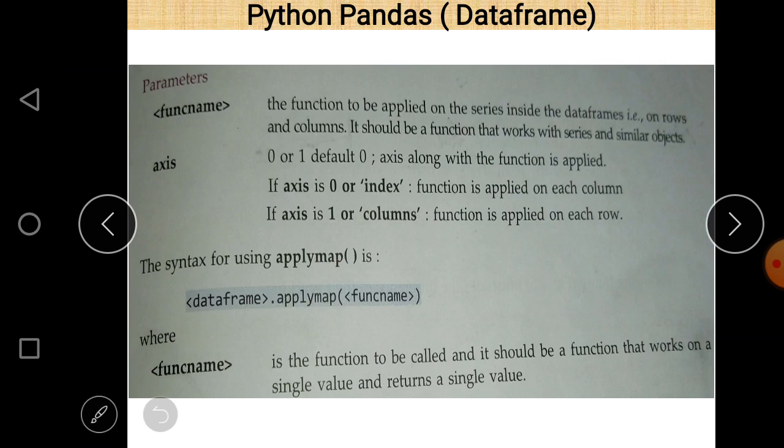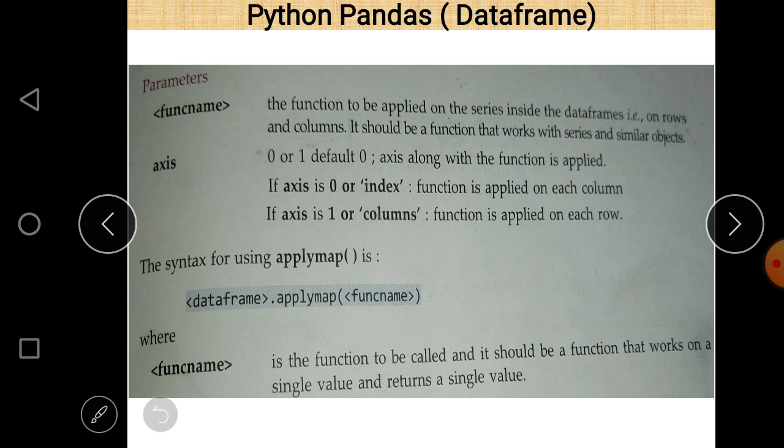Now the parameters. The first one is the function name and the second one is the axis. The function name is the function to be applied on the series inside the data frame, that is on rows and columns. It should be a function that works with a series or similar object, and axis is 0 or 1, and the default is 0.